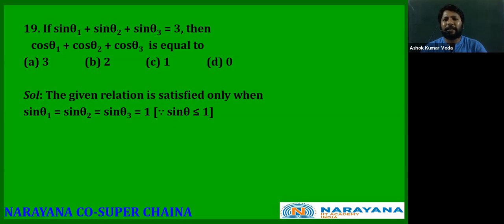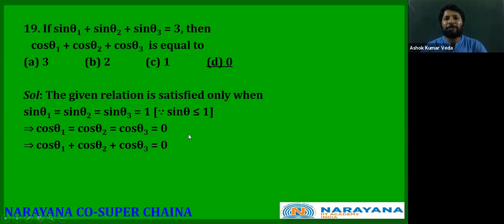You can also figure that out if you use the identity sine square theta plus cos square theta is equal to 1. So if sine theta is 1, cos theta must be 0. And therefore I can say cos theta 1 is equal to cos theta 2 is equal to cos theta 3, which is actually equal to 0, right? And so what happens to the sum? The sum cos theta 1 plus cos theta 2 plus cos theta 3 is actually equal to 0. You see,